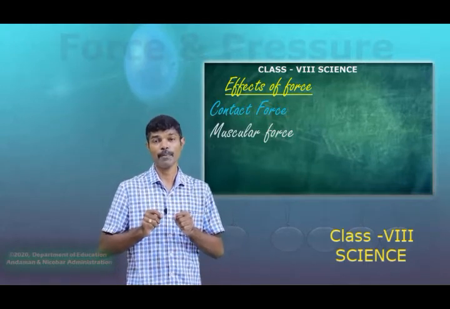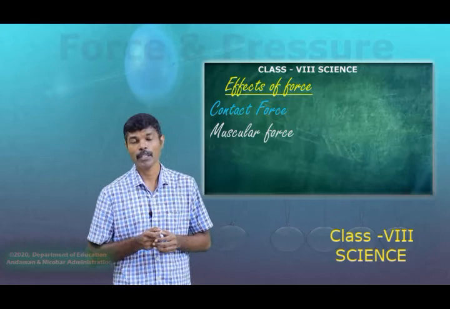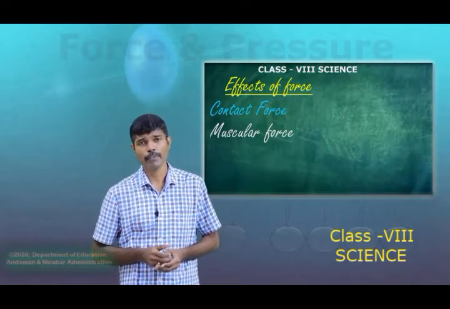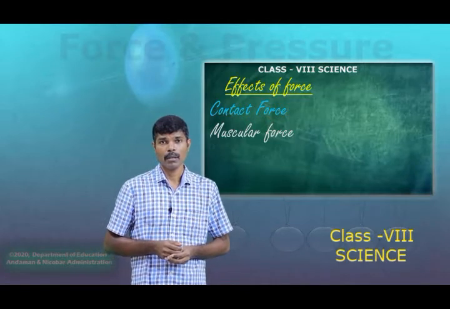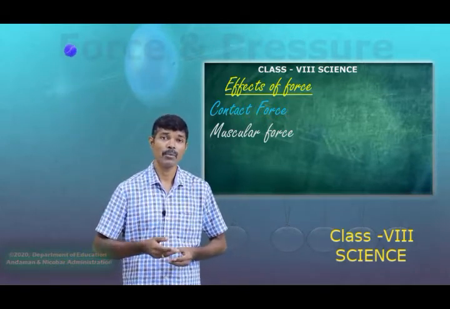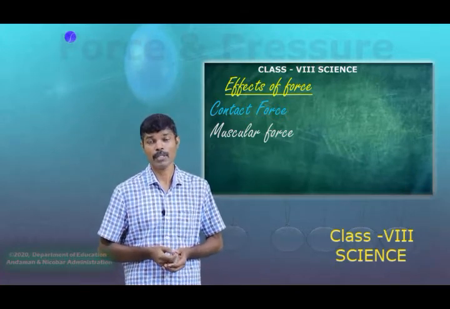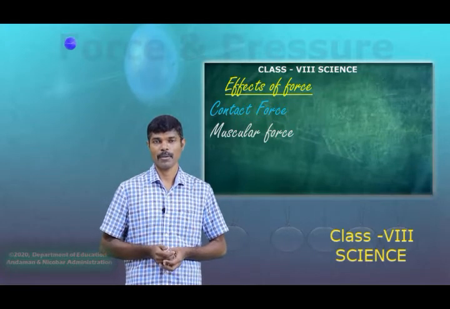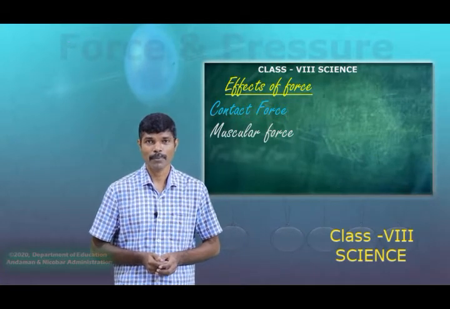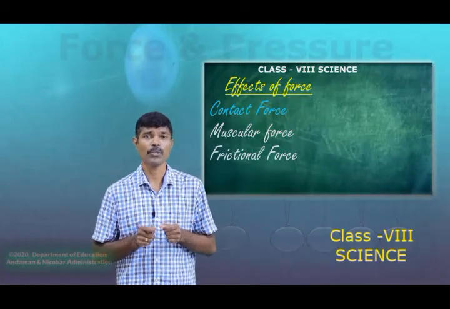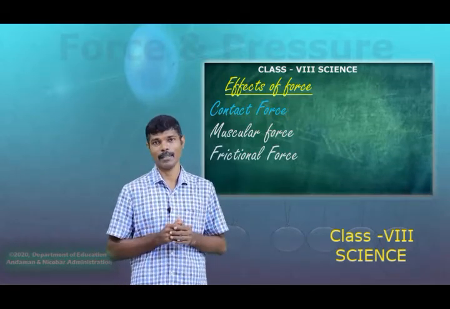The muscular force is acted on the object to make it move. Such a type of force is known as contact force. One more example of contact force is this: when I roll a ball, it moves for some distance, and after traveling that distance, it stops. Why does the ball stop? It is due to frictional force, which you had already learnt.